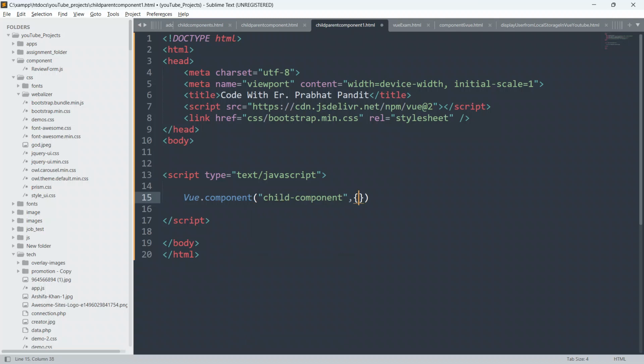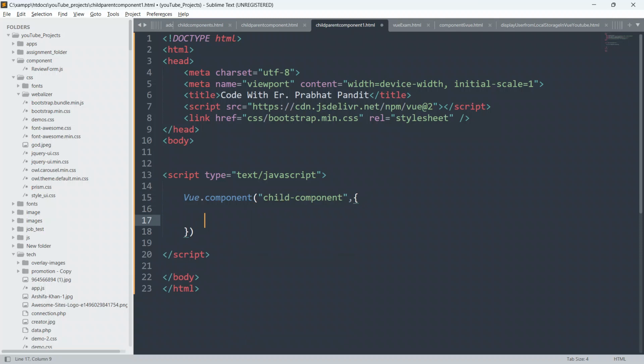And here guys, you can define props, like a props object. You can define anything inside the component. As I have already explained in my previous videos, you can define each and everything here: custom methods, custom functions, computed methods, created methods.